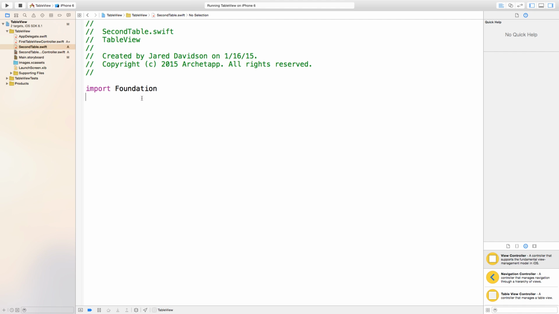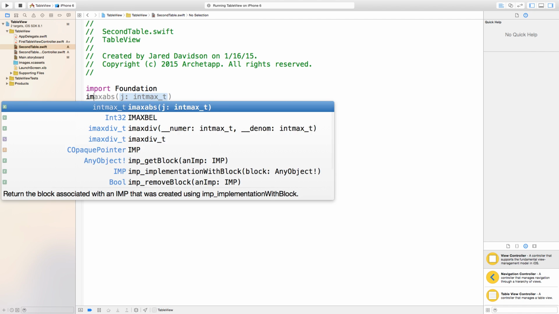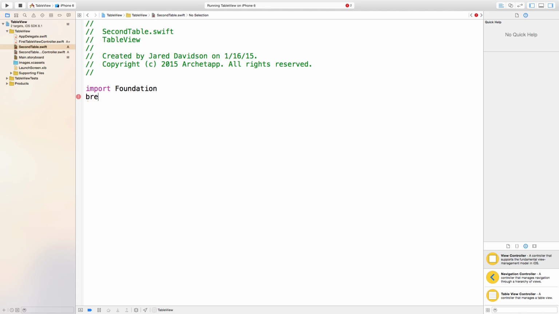All right, now let's go over here and just say import, or actually we don't need to import anything. Go down here and we want to say struct, and we're going to call the structure name second table. And this is going to be the properties and methods. We're going to add a variable of a string and also a variable of a string for the picture. So just go ahead and say var